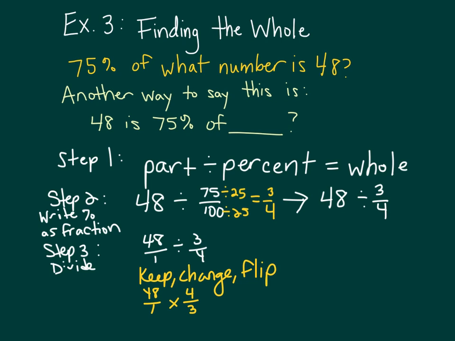Step 3 is going to be to divide, and remember when we divide with fractions, we've got to keep, change, flip. So we're going to keep 48 over 1, change that division to multiplication, and flip 3/4 to the reciprocal of 4/3. Still a very good idea, very important idea to see if you can cross simplify. And I can in this case. If I divide by 3, that brings it down to 1. And if I divide by 3 up here, it's actually going to give me